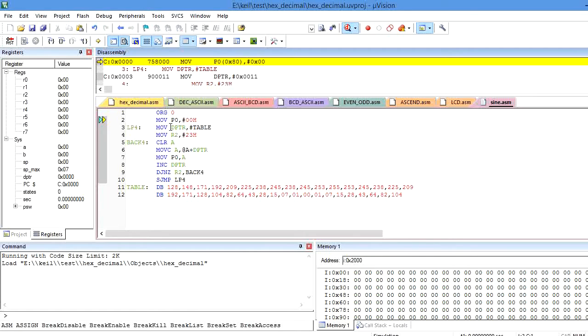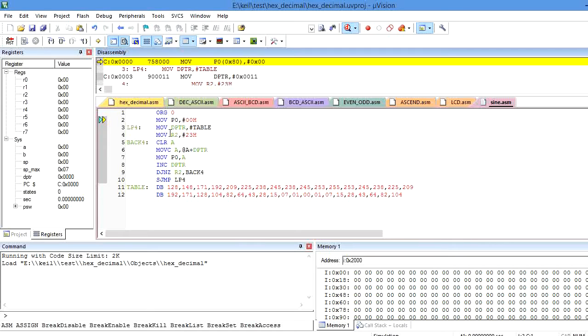Now come to the programming part. ORG 0 is nothing but where my program is going to start. And here, MOV P0, #00H. First I am initializing port 0 because I connected the DAC device to port 0 of the 8051 microcontroller.